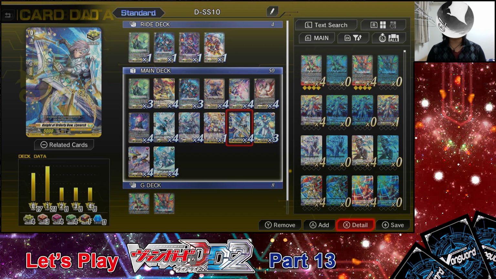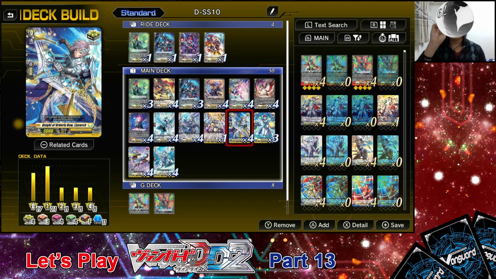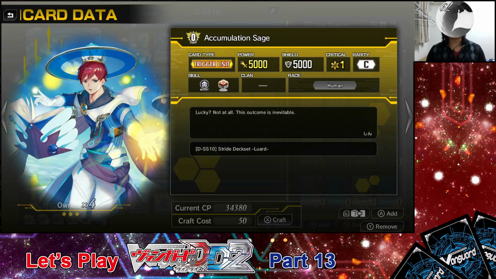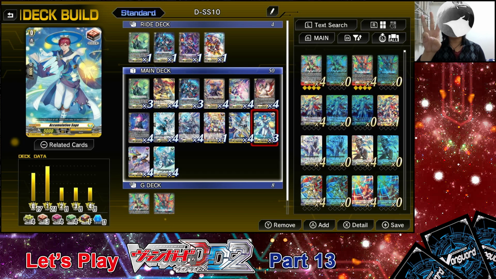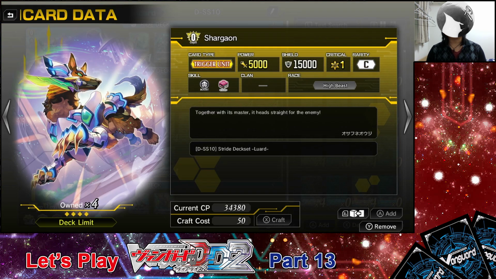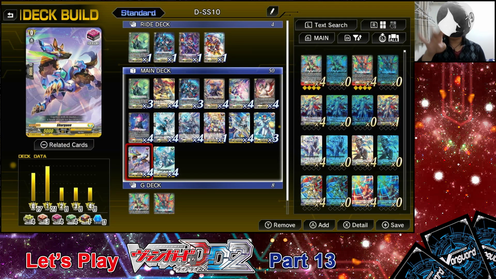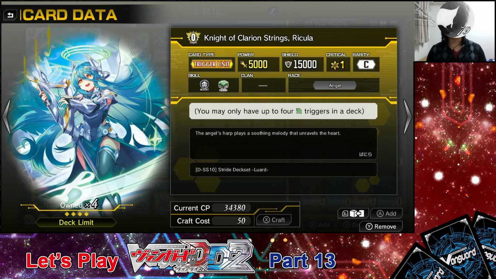Up next, the Great 0, Knight of Orderly Bow, Leavark, critical trigger, we have 4 in the deck. Here, the Great 0, Accumulation Sage, draw trigger, we have 3 in the deck. Next, the Great 0, Shargown, front trigger, we have 4 in the deck. And last but not least, the Great 0, Knight of Clarion Strings, Ricula, heal trigger, we have 4 in the